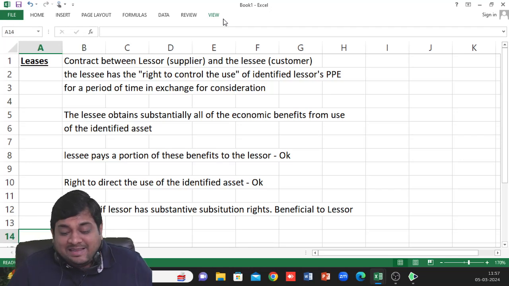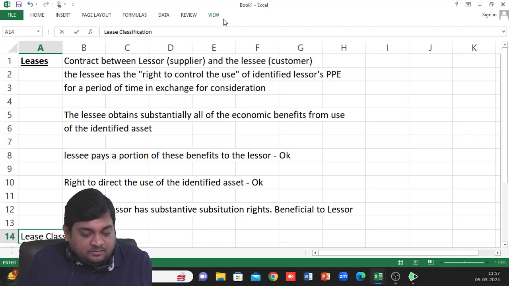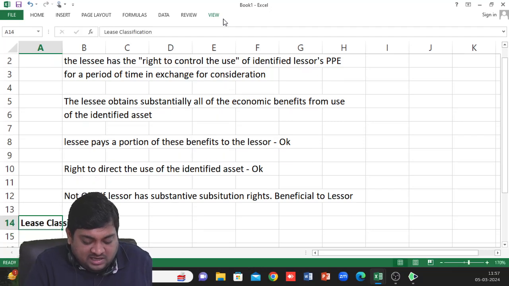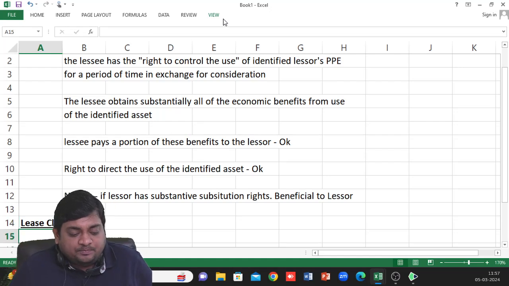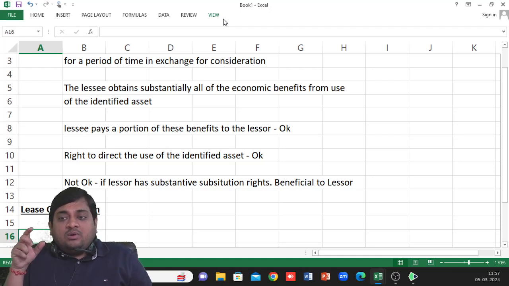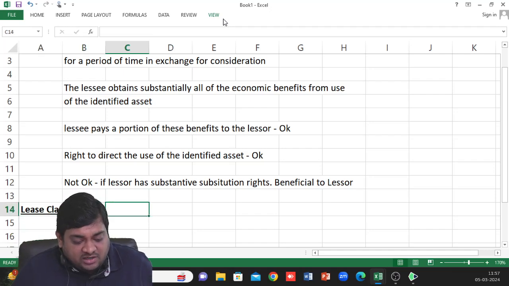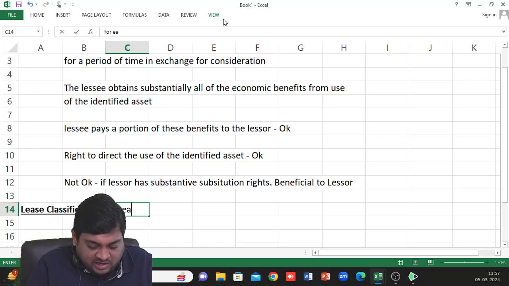Now we will talk about lease classification, right? This is very important. Suppose I have taken 5-6 PPE on a lease contract. In that case, I need to do it for each lease component. It's not that if I follow this accounting treatment for one, it applies to all. No. When you do lease classification, we need to do it for each